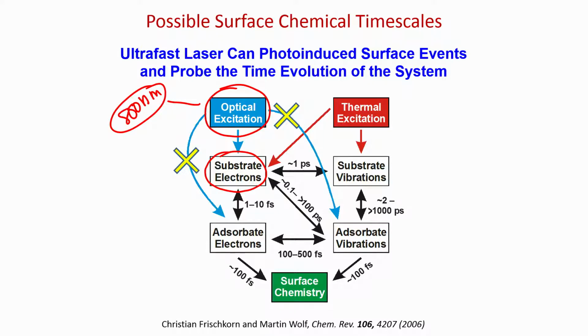Phonon frequencies are very, very low. So, we have to go for some other regime, the optical regime, generally in the UV, visible, IR regime. And if we use the UV, visible, IR regime, it will never excite the phonon, it will excite only substrate electrons,